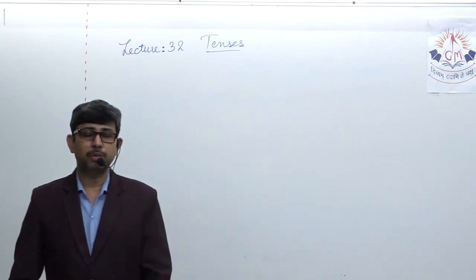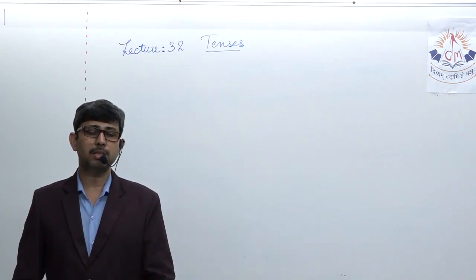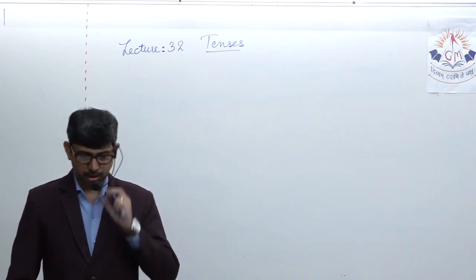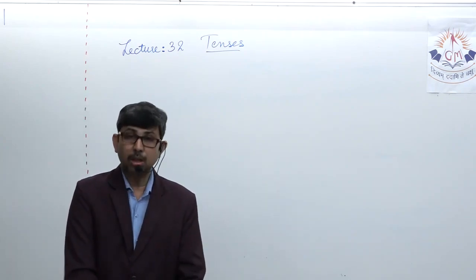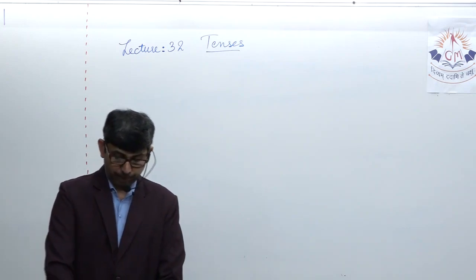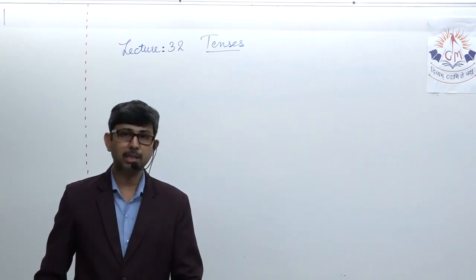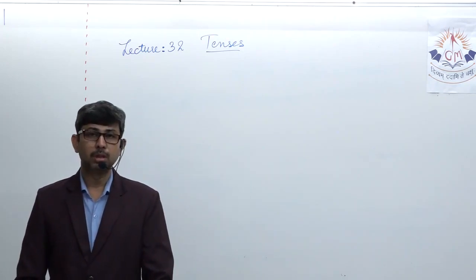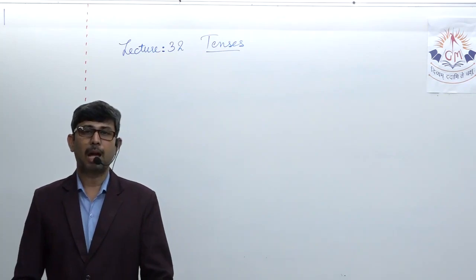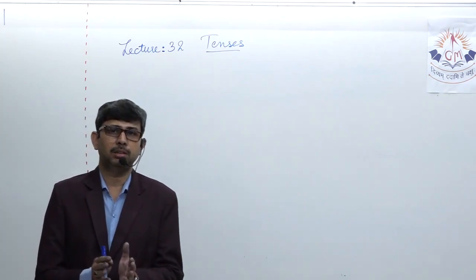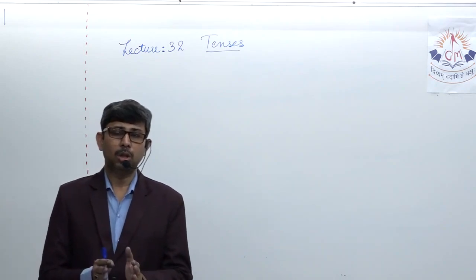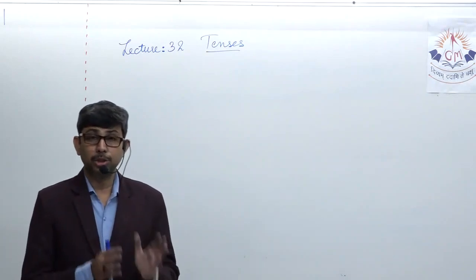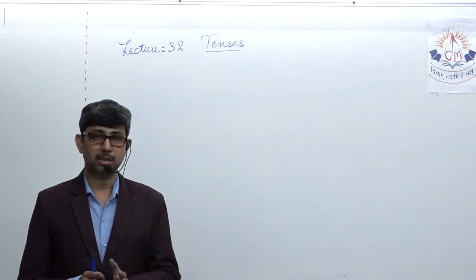In the previous lecture, 31st lecture, we initiated this topic, tenses, and learnt about the 4 different tenses referring to the present, or the present tenses, that is the simple present, present continuous or progressive, the present perfect, and the combination of the two, that is present perfect continuous. We learned quite a lot of new things in the previous lecture regarding the usage of these 4 tenses.